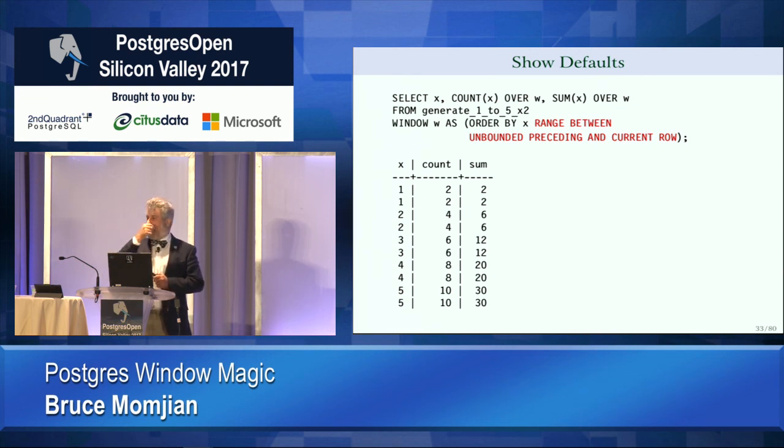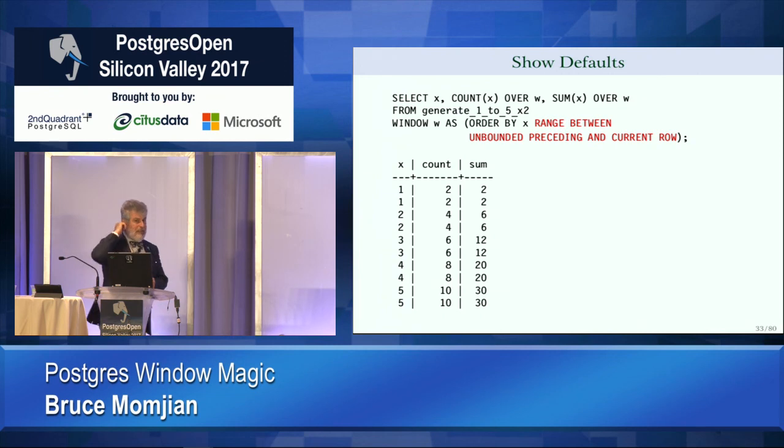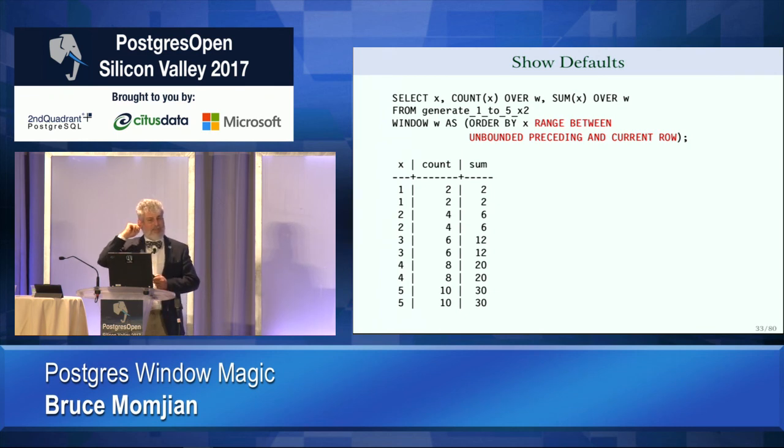Do you remember that from section 2 where I showed you the little brackets that got bigger and smaller? Okay? So what happens in the window function syntax is when you're in range mode and you ask for the current row, it's not just the current row. It's the current row and any other rows that have equal values based on the order by. All right? And I can prove that by changing the word range to rows.